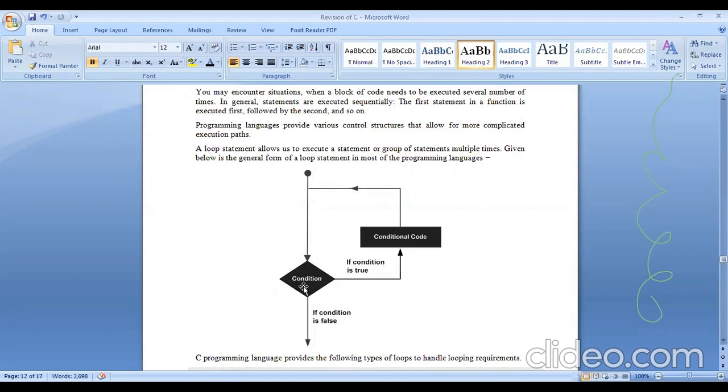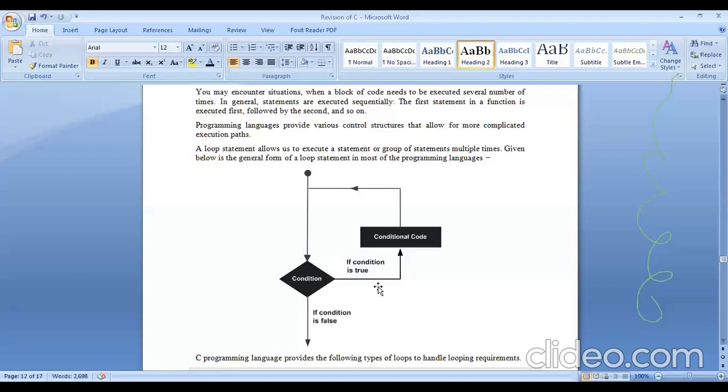So if you compare decision statements and loop control statements, the similarity is that in both we have to check for conditions. Only if the condition is true, you can get inside the body and start executing the statements. But in addition to that, depending upon the condition and the logic, we might have to repeat a block of statements for as long as the condition is found to be true.